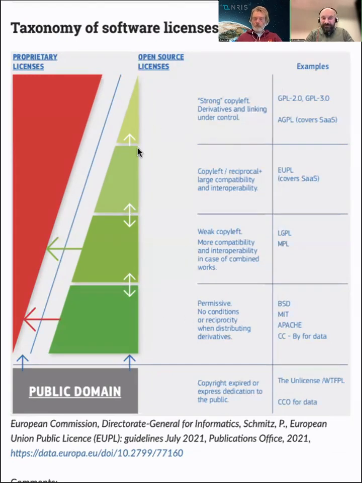So where do you sit in this spectrum? My heart is on the GPL, but my praxis is MIT. Yeah, so basically we agree.